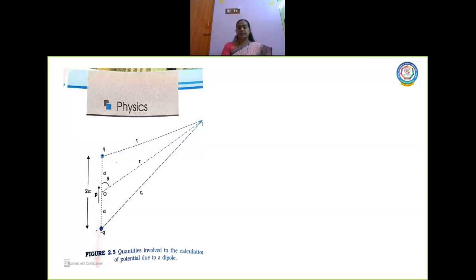variation of electric field and electric potential with respect to distance. I was explaining the graph, how the potential and the electric field vary with respect to distance, and we also saw that in the graph the electric field due to a dipole with respect to distance was increasing. The slope was increasing much faster than the electric potential due to a dipole. So these are some of the things we were discussing yesterday.